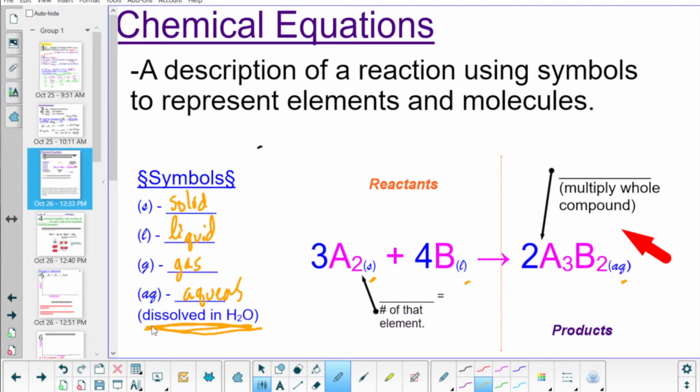We dissolve things in water so much. I just showed you a reaction where I had two things dissolved in water. The water is just there to carry the chemicals around. We do that so often that we have a specific state symbol for it: AQ, which stands for aqueous. It just means it's dissolved. It's not melted, it's dissolved. When you put a number down below here, what's that called on a typewriter? It's a subscript.